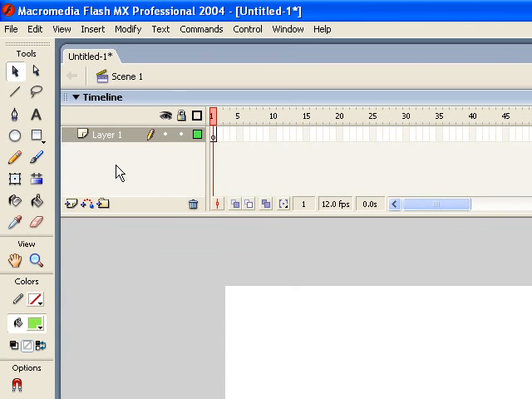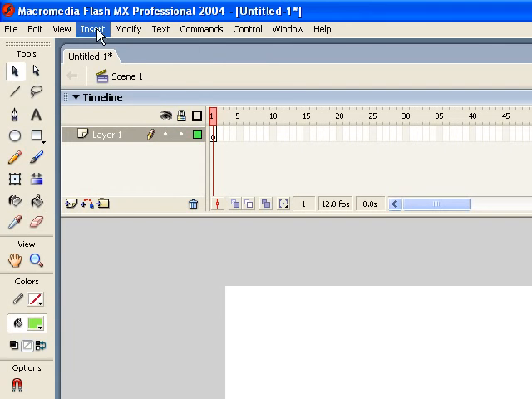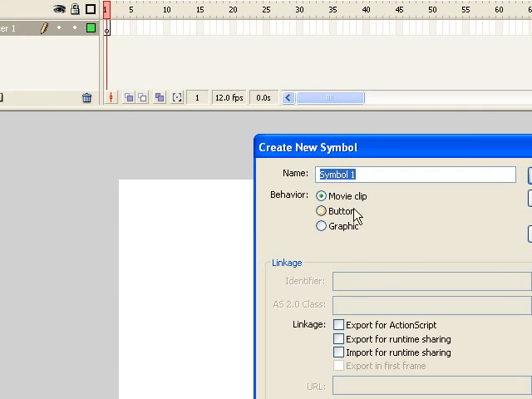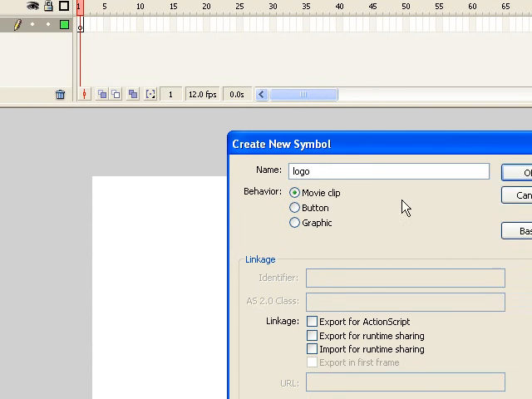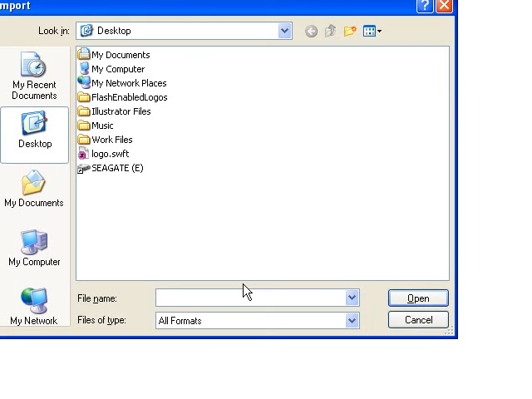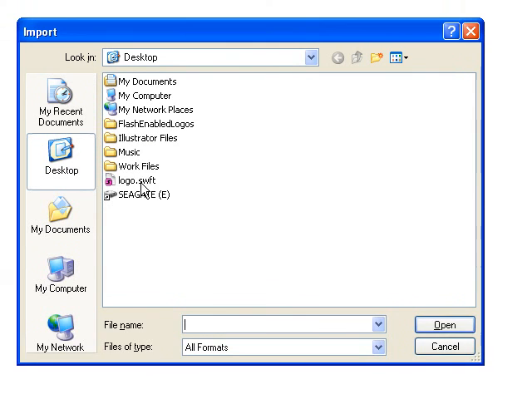Okay, so here we are in Flash. I've just created a new document, and I could import the animation to the root timeline, but it's not going to allow me to control it very well. So I'm going to create a new movie clip. So go to New Symbol and choose Movie Clip, and I'm just going to call it Logo. Okay, now inside of our movie clip, I just hit Control R to import to the stage, and I'm going to select my Swift file,